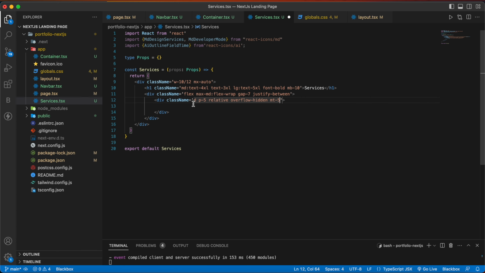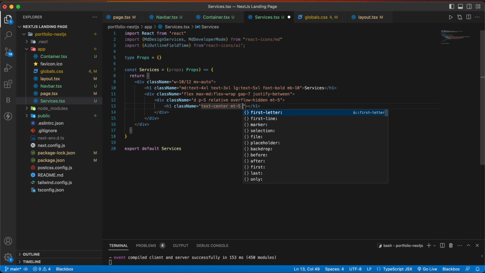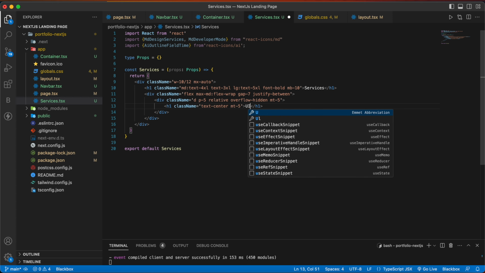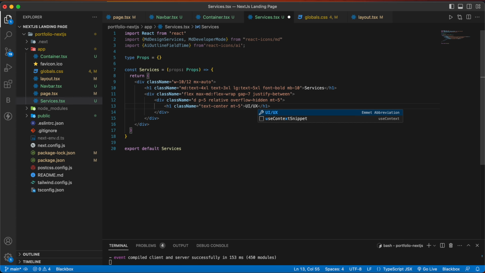Here d is the class to give the card a hidden effect, and then inside this we are going to have an h1 tag, then a class name will be text center, and margin top will be 5, and inside this write UI UX design.